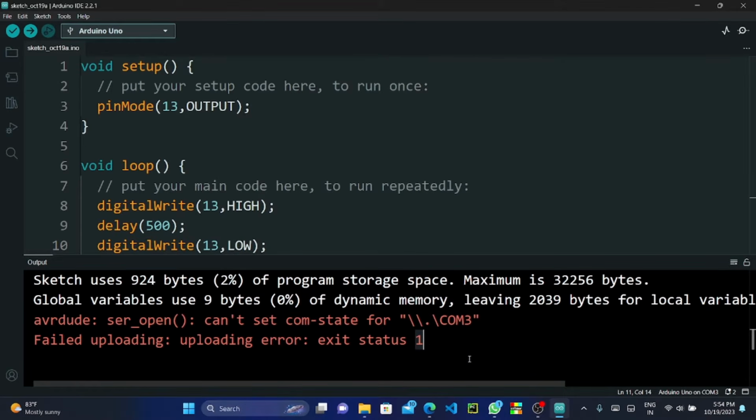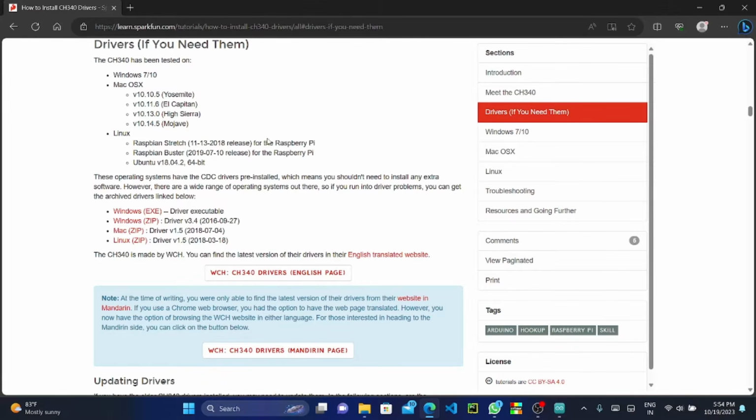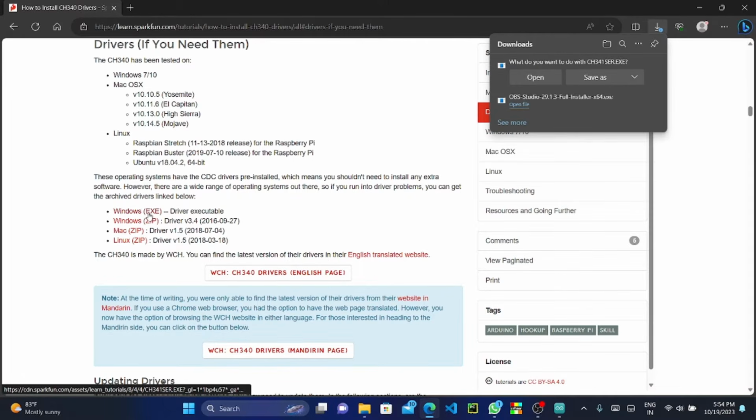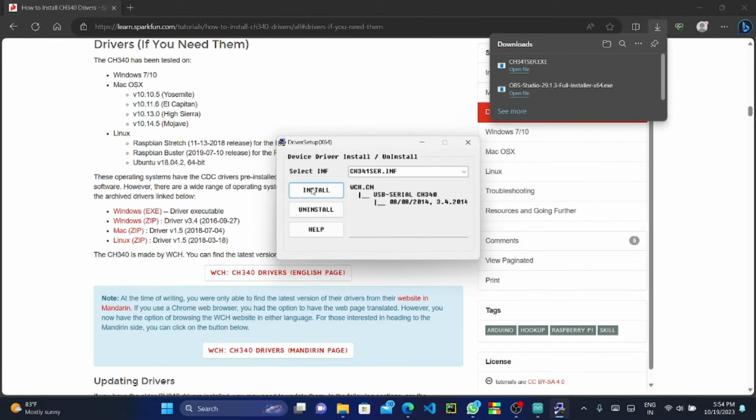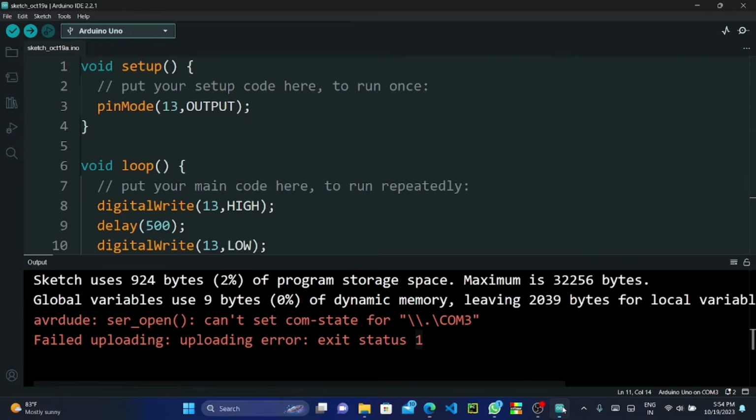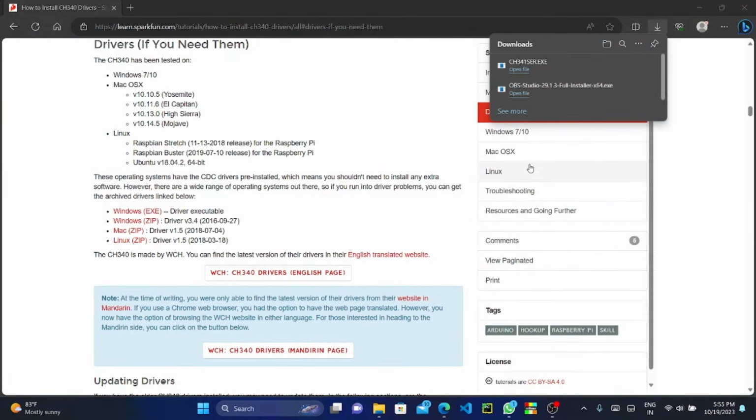So to solve this error, first go to this website. I have given you this website link in the description. Click on that. Click on Windows exe and click on Open. And now click on Install. After it gets installed, it will say driver install success. Click on OK. After that, close this, and then if Arduino IDE is running, close the Arduino IDE,